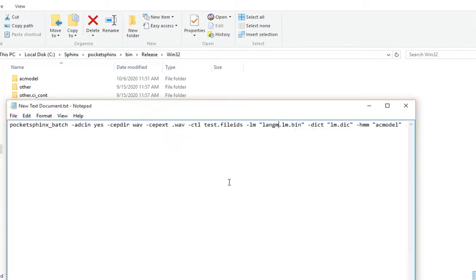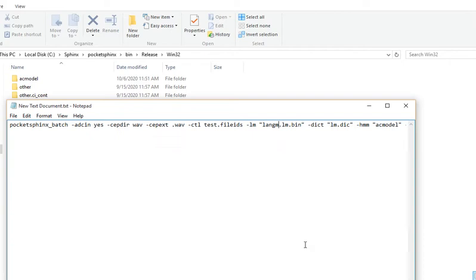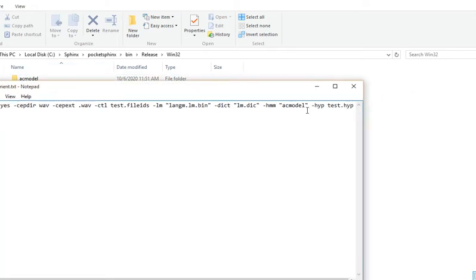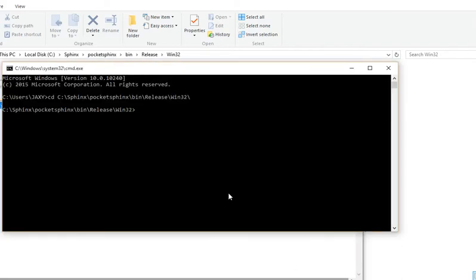As my files are already in this directory, I don't have to choose the whole path. In -lm you will use the language model, in -dict you will use your dictionary, and in -hmm you will use the acoustic model folder, which is by default. Here I changed the name to ac model, and then after it type the following script. Let me copy it and paste it here.